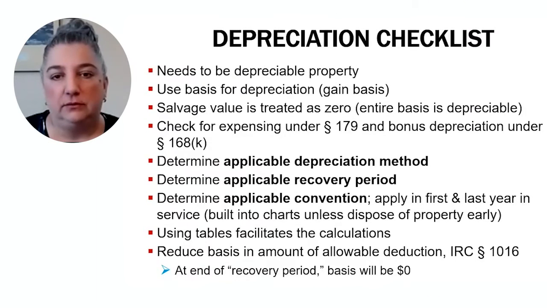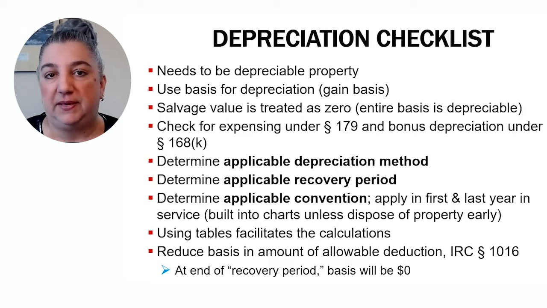So as a review, to take depreciation deductions, the taxpayer has to have depreciable property. The taxpayer uses the adjusted basis in that property. Salvage value is treated as zero, so the taxpayer can recover the entire basis through depreciation, and the taxpayer reduces the basis as depreciation deductions are allowed or allowable. However, certain taxpayers may benefit from additional depreciation deductions that allow them to recover the cost of their assets even